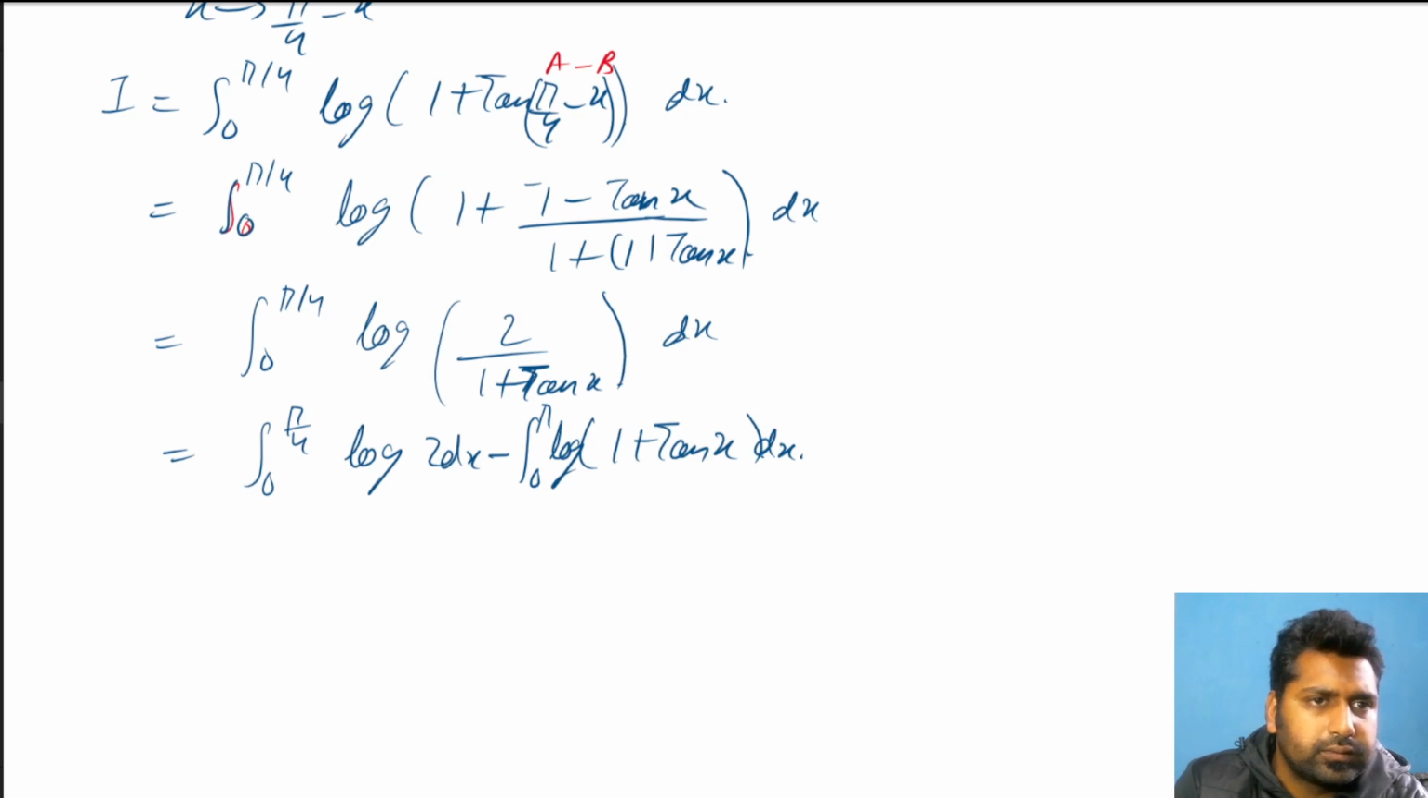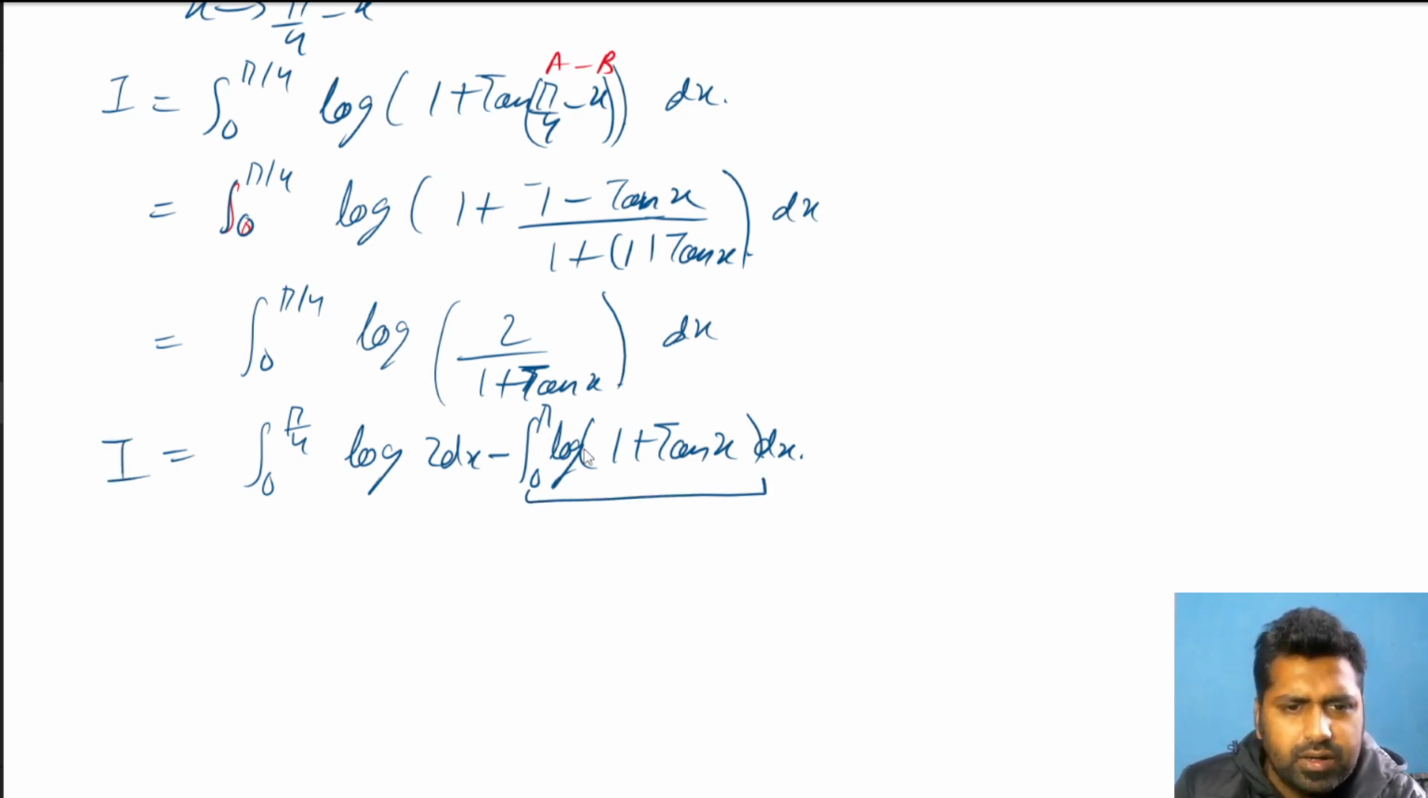Now this is I. If you look at this part, 0 to pi by 4, this is also I. So this is basically I is equal to something minus I. So take this I on the other side. So basically I plus I is equal to integration 0 to pi by 4